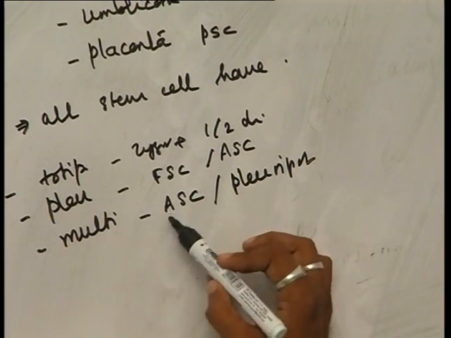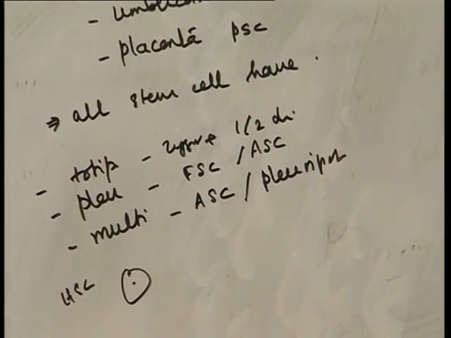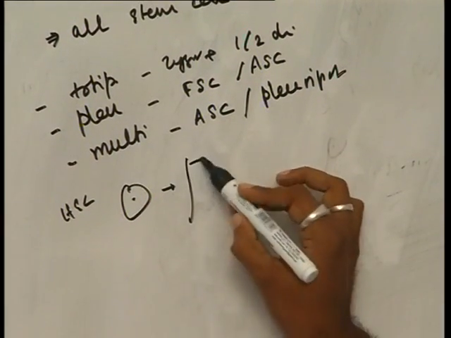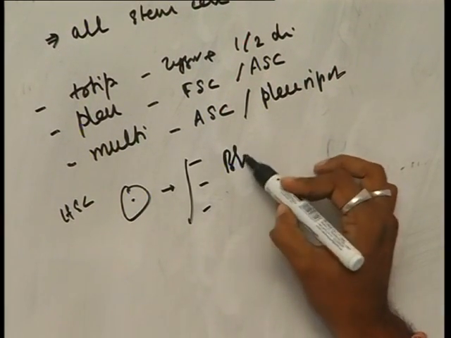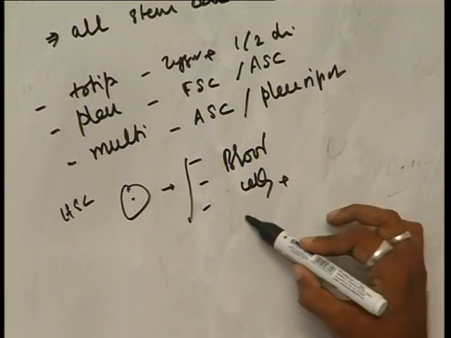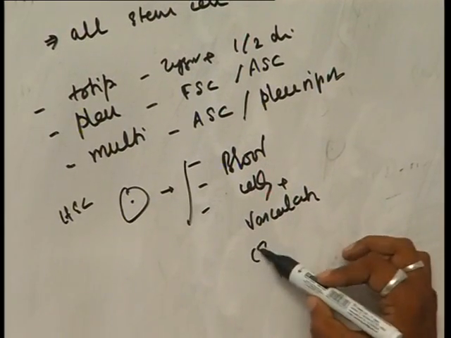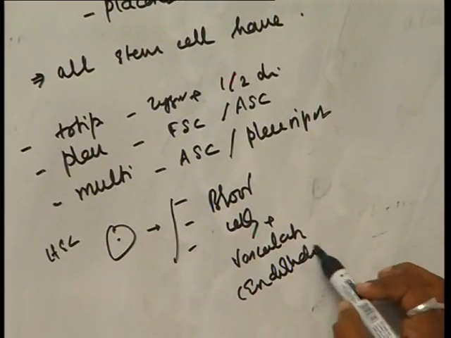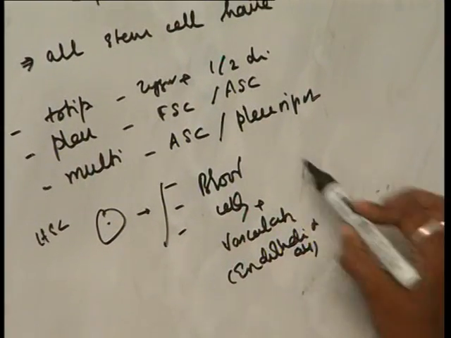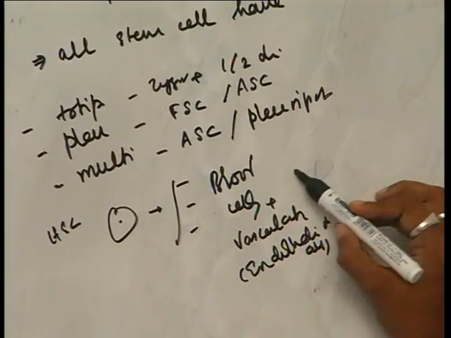For example, a multipotent stem cell is the hematopoietic stem cell. Why is it called multipotent? Because it forms restricted tissue types such as blood cells. It is not going to form other things. Blood cells plus vasculature, meaning endothelial cells. Now, since it is forming restricted things, they are called multipotent. Now, they can become pluripotent.